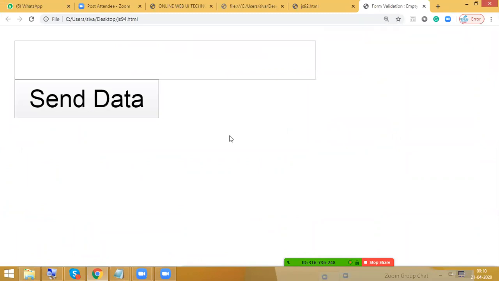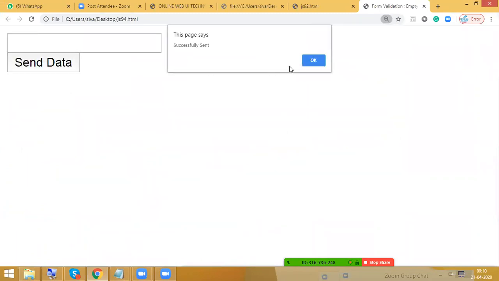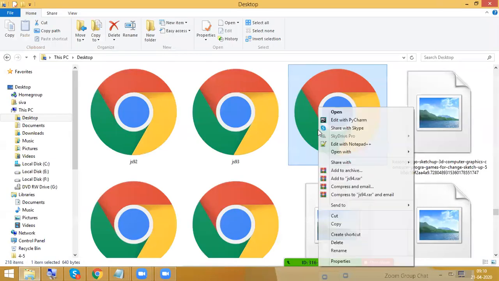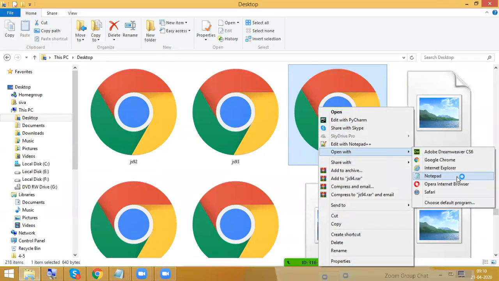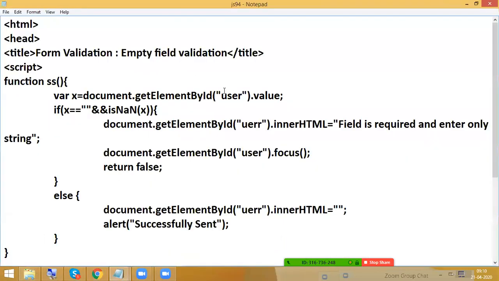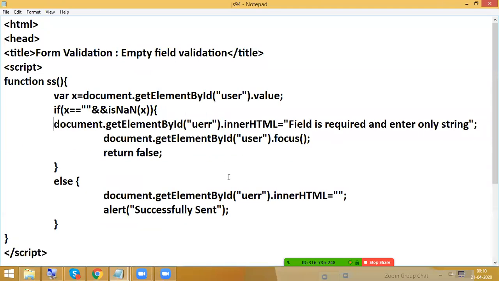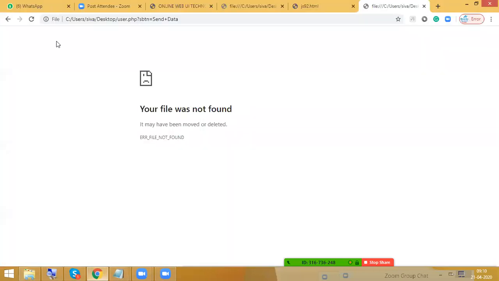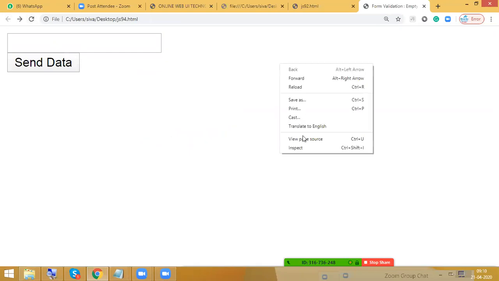As usual, if I click on send data, there is some problem. Right click, open with Notepad, and check if any issues are there.